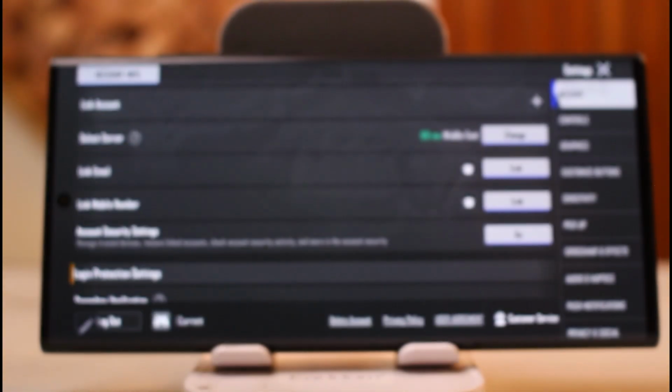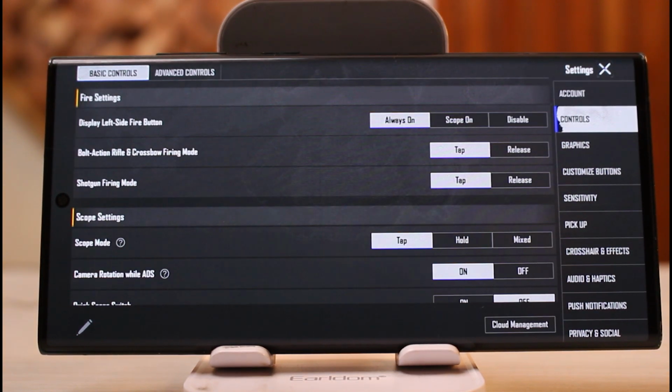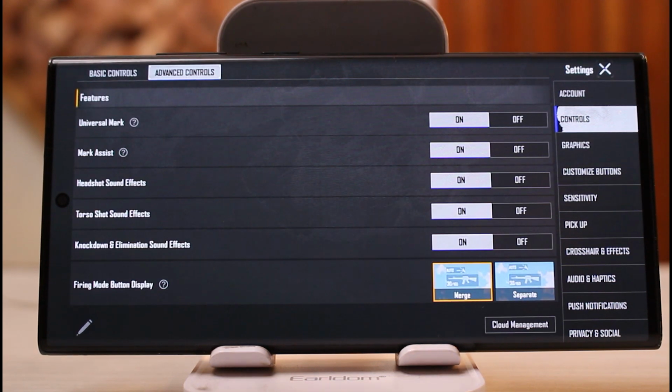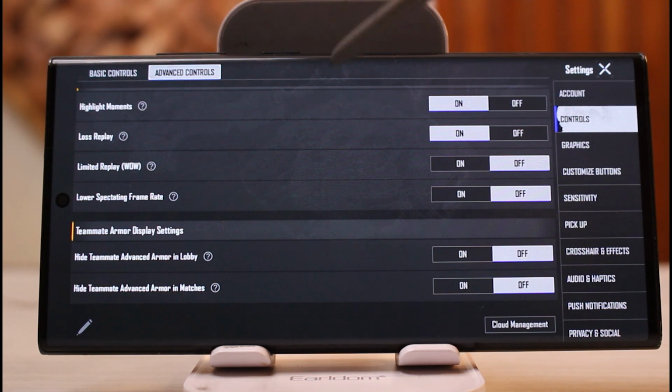Inside your settings, you want to simply tap on controls over here. And inside your controls, what you want to do is simply tap on advanced controls. Once you're inside your advanced controls, you want to simply scroll down until you see an option called lost replay